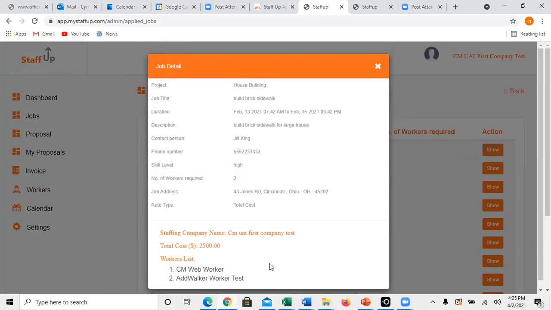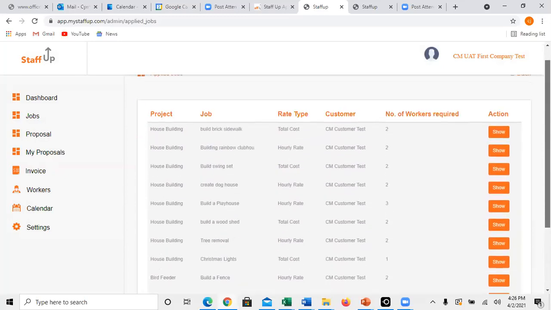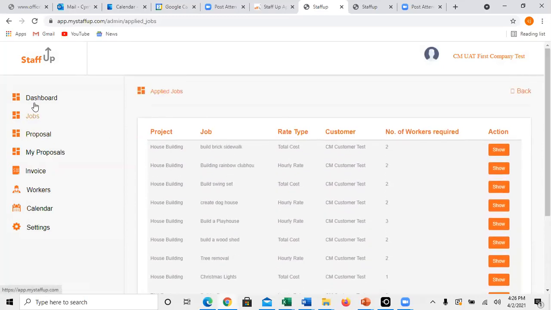You didn't just propose it, but you got it. So it has all the details about what your proposal was. So this one was a total cost job, and I had 2 people working on it. Does that make sense so far? All right. So we just looked at dashboards, we looked at jobs, proposal, my proposal, and now let's look